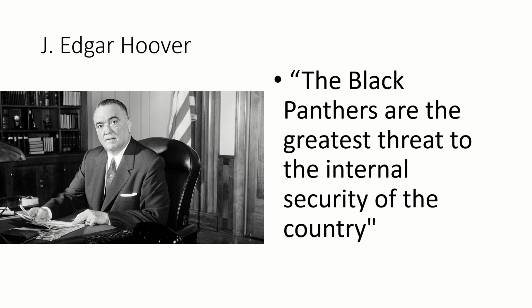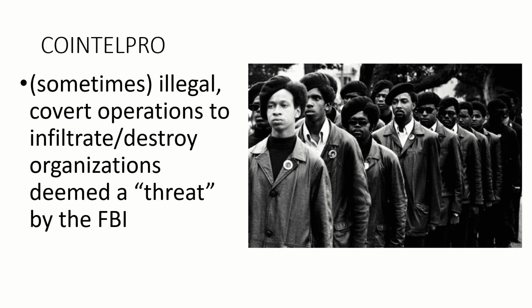But on the other hand, these armed groups represent a threat to the United States, at least according to J. Edgar Hoover. Like George Kennan had warned of groups that might try to subvert the United States from inside, J. Edgar Hoover viewed these Black Panthers as well as other racial nationalist organizations as a threat to the security of the United States. And so because of this, they began covert operations to infiltrate and destroy all of these organizations, believing that they were the vanguard of a communist revolution and a threat to the U.S.